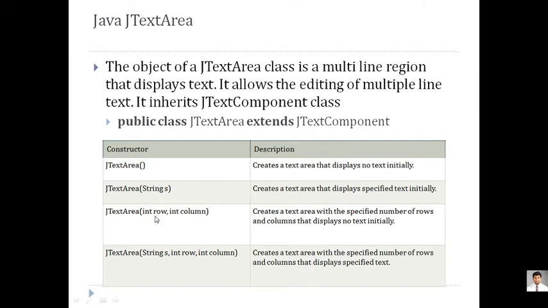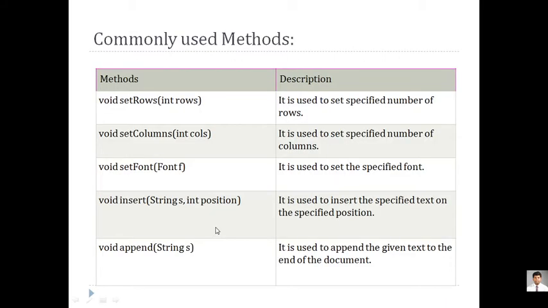Here you can set rows and columns, however many rows and columns you want. In the same way you can set a string with rows and columns also. So it is the same as we have seen in the previous text field. So you can add anything. Whenever you go for a text area, you can set a row at runtime. You can set a column, because there are different functions you can use at runtime.